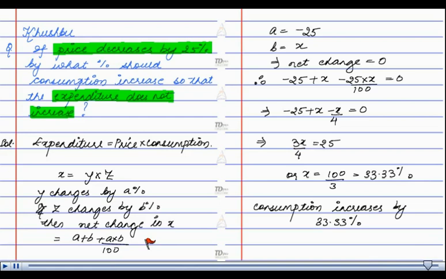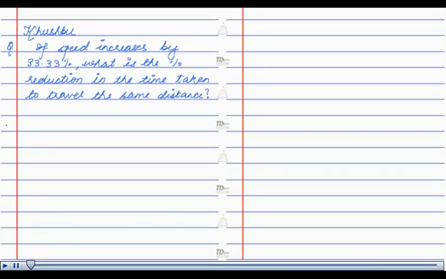Thank you. Hello, I am Krishbu. The question is, if speed increases by 33.33%, what is the percentage reduction in the time taken to travel the same distance? We know that distance is equal to